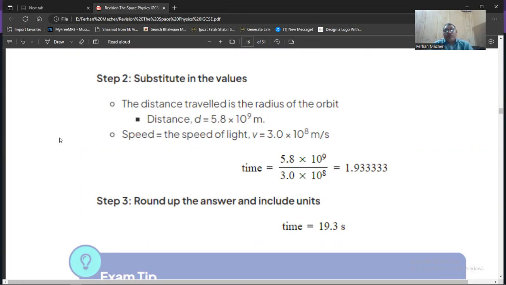Step two is to substitute in the values. The distance traveled is the radius of the orbit. The distance will be 5.8×10^9 meters, which is equal to the radius of that orbit. The speed of the light is 3×10^8 meters per second. So the time will be equal to distance divided by speed, that is 5.8×10^9 divided by 3×10^8. And the answer will be 19.3333. So step three is to round off the answer and include units. So it will take